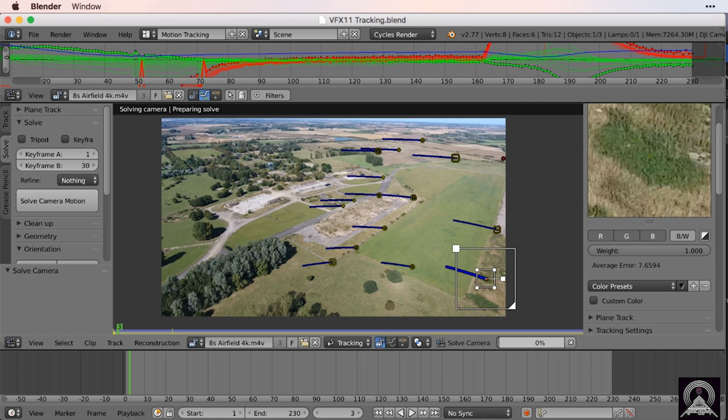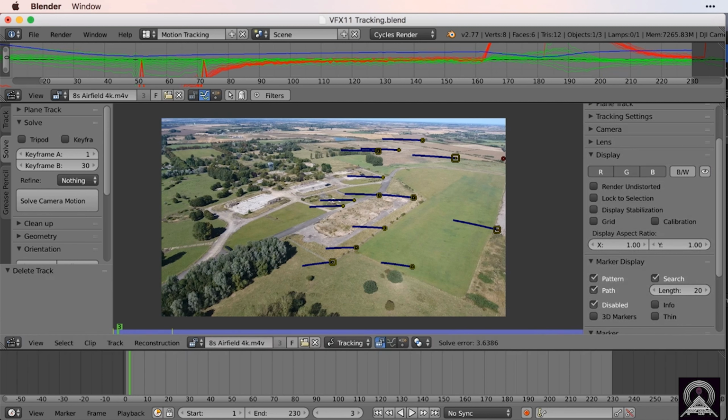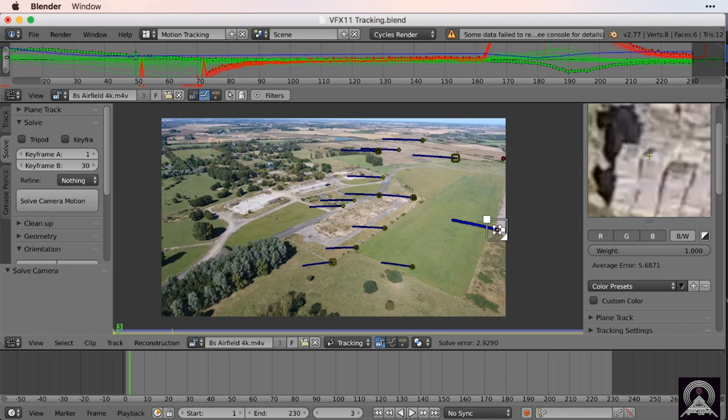Now before we do anything else, I do want to just highlight occasionally when you hit solve camera motion again, you get a different result. So let's go ahead and remove this one that's rated of an average error of 7.6 on the properties panel here. We can see if that, by removing it, we get a better result. So 3.6, solve camera, 2.92. That's much better. Now, I'm going to guess here, if I go through and remove the one that's 5.6,